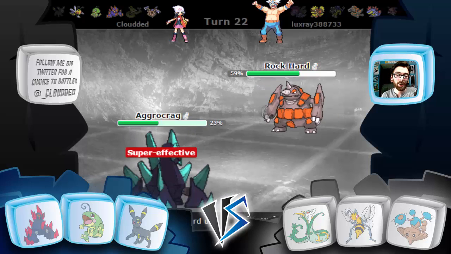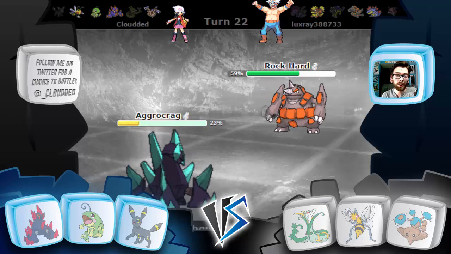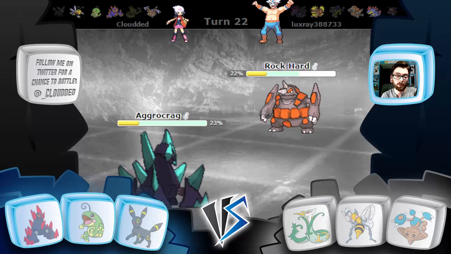And then Explosion if things go bad. Can we take him out with an Earthquake? We don't. This battle might be a bit closer than I thought it was going to be, because we were doing really well, and now it's kind of...